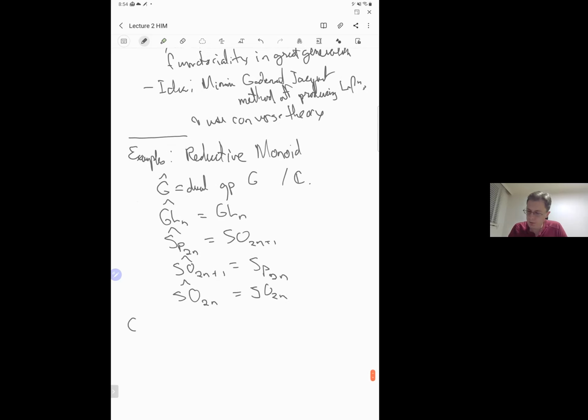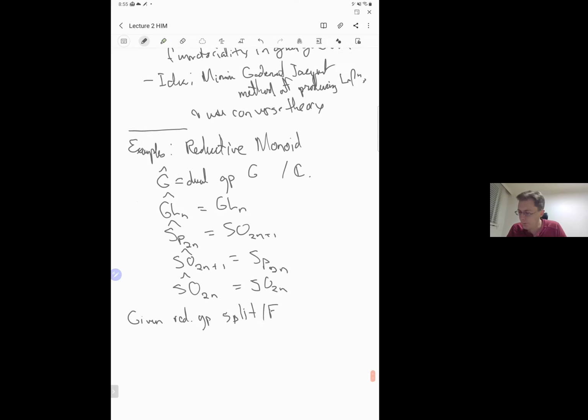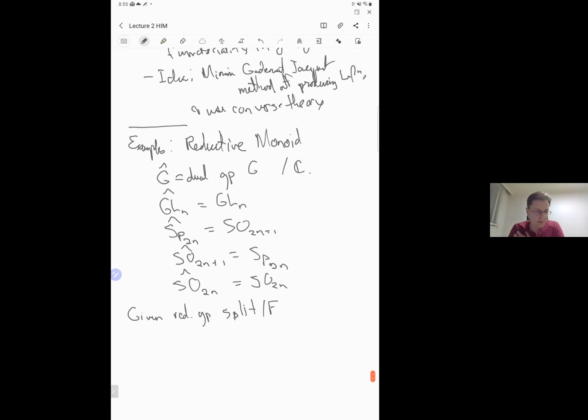So I'm given my reductive group split over F, and if you don't know what that means, all the cases that I wrote up are split, so you could take any one of those, and a cuspidal automorphic representation pi of G(A_F), and a representation of this G-hat thing,